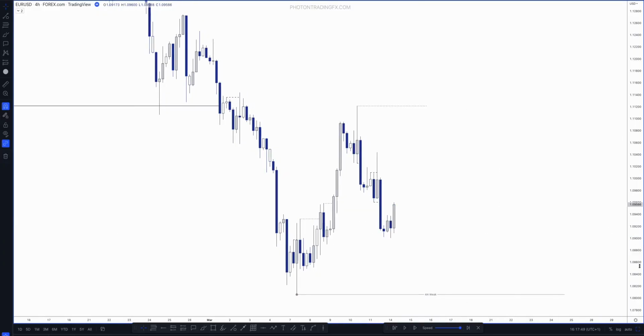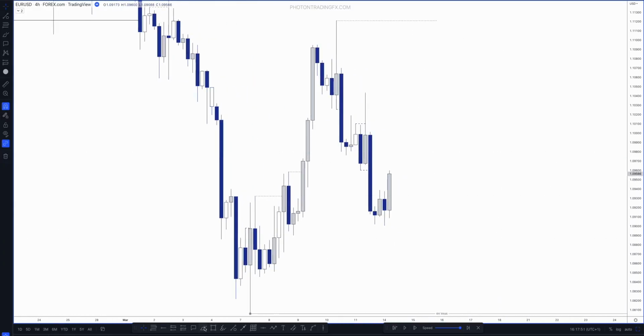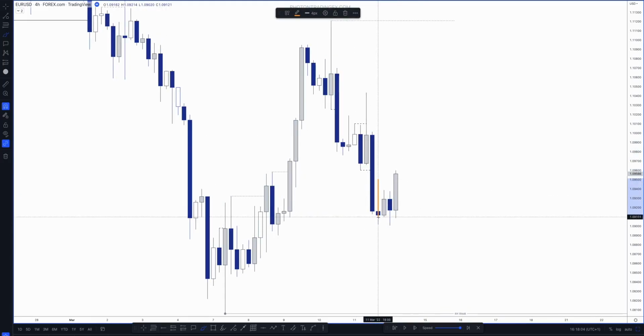So there we go. There's another change of character, right? Why is there a change of character? Because you see this candle fails to break the previous candle's low. So we had a pullback, then price came down and it broke that low. The exact moment it breaks that low, this becomes the new fractal high. And then we've had a change of character, right? So you can see that down, up, down, that becomes the high, and then we break it to the upside, okay? So now we've had another bullish change of character,